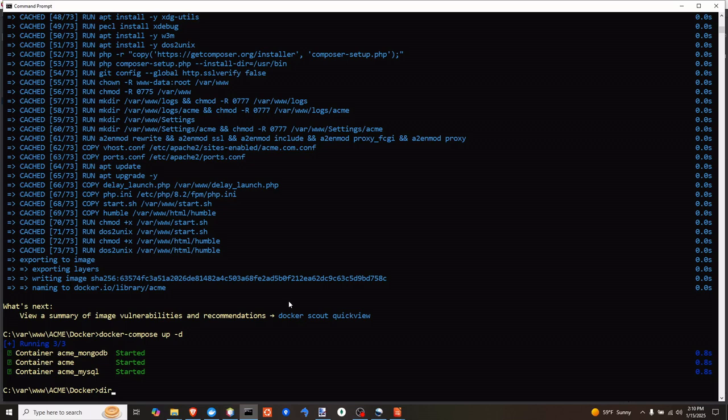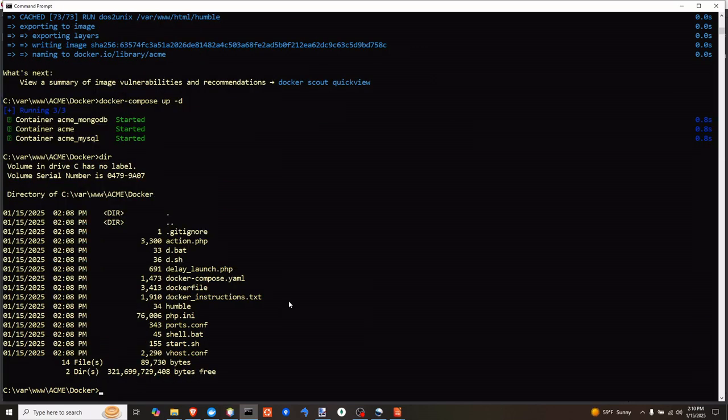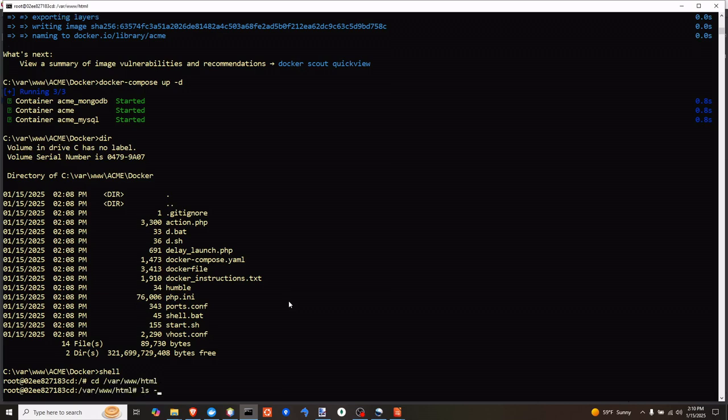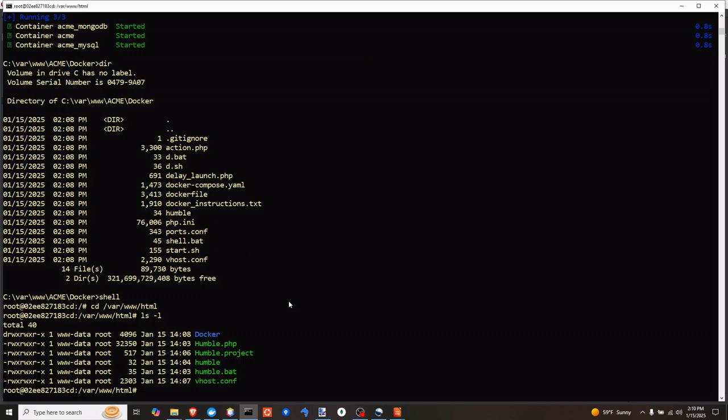Now there are actually some other handy utilities in here, and one of the handy ones is just something called shell. It drops you into the container at the bash prompt. And so I'm going to go to the root, which is going to be var www.html. I do a list of the directory, and you can see I've got them all here. We've got our Humble project,